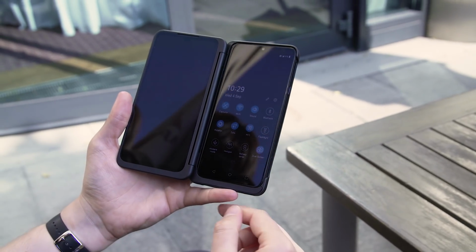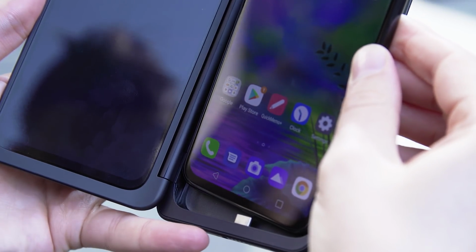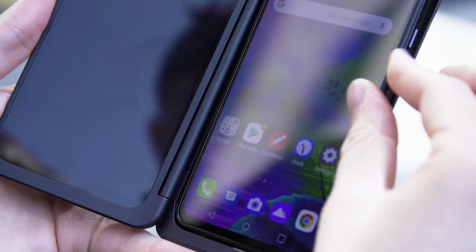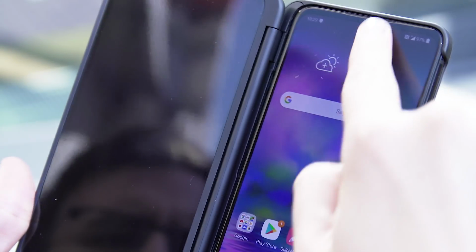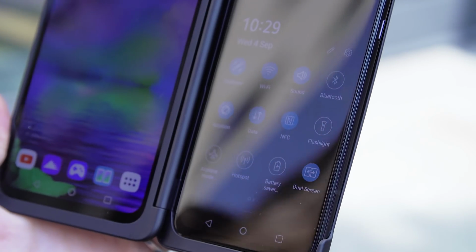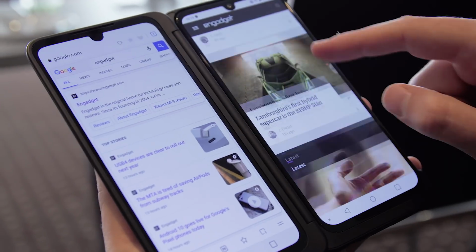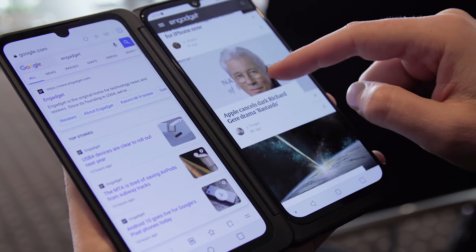Contrary to what I first believed, this phone isn't something with two screens built into one device. It really is a single handset with a case, and you slot the phone into the accessory and connect it with the USB-C that supports DisplayPort protocols. Both the primary display and the second screen are OLEDs, 6.4-inch, running at full HD plus resolution, which seems really low for a 6.4-inch handset, but the screen still did look very nice when we were playing with it here